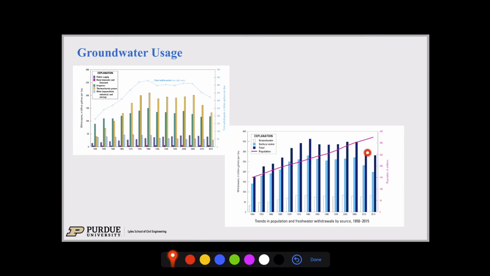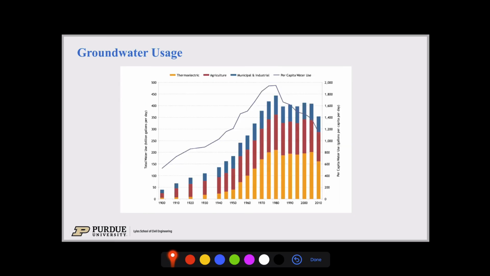Interestingly, total water use is decreasing, but population is still increasing. So here it's stable and then decreasing, and the population itself just keeps growing, basically linearly. That means that if we look at the per capita, if you remember from the first slide, I said in the US it's about 580 liters a day. However, that has changed quite dramatically, and now we're in US units, so these are gallons per capita per day. But you can see since the 80s that sharp decrease in per capita use, which gives a little hope, I guess, for the future.